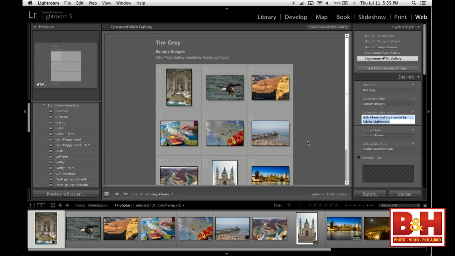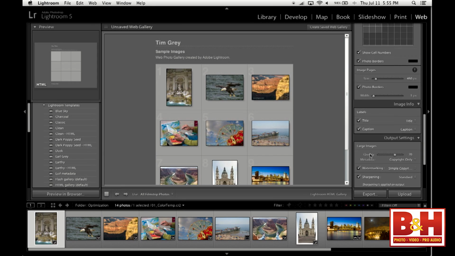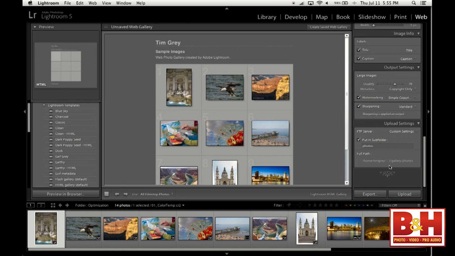Now I can save this to my disk, to my hard drive, but that's not really going to do me much good. The real value here is I can plug in my FTP settings. So down here under the server settings, I can plug in my FTP settings and click upload. Lightroom will process all of my images, generate both the large and small versions of the images, generate all of the HTML pages for that web gallery, and upload all of those to a particular location that I specify on